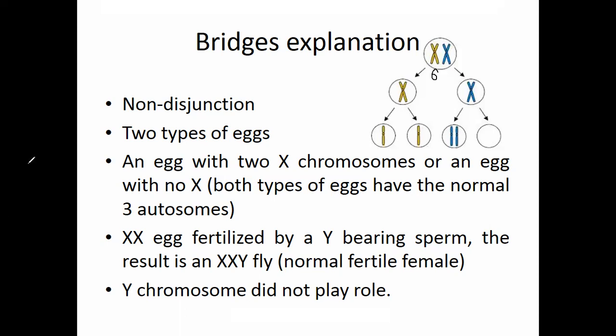So double X egg fertilized by a Y-bearing sperm, the result is XXY fly. इस गैमीट की बात हो रही है कि ये जो एग बना है इसमें डबल X की कंडीशन है, ठीक है। अगर इसको Y बेरिंग स्पर्म फर्टिलाइज करेगा तो एज अ रिजल्ट ऑफ इट XXY fly is there and that is a normal fertile female। एंड इस पे फोकस करें कि ये फीमेल है, although Y क्रोमोसोम इज प्रेजेंट हेयर।